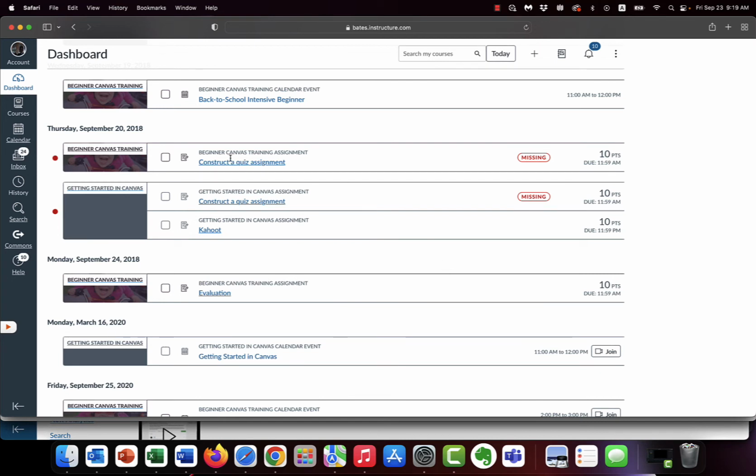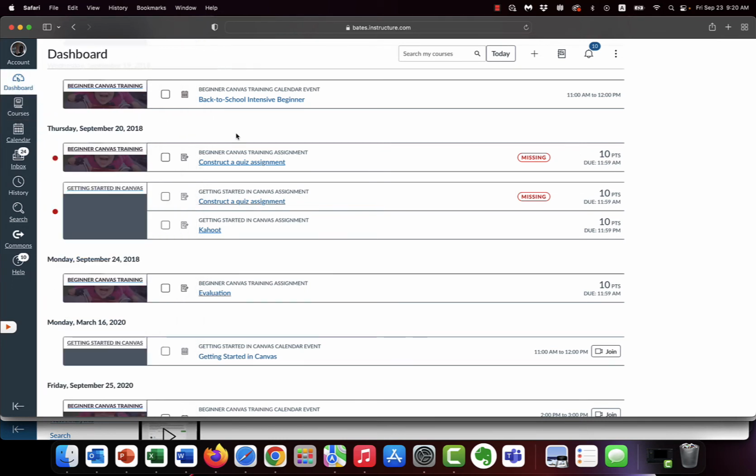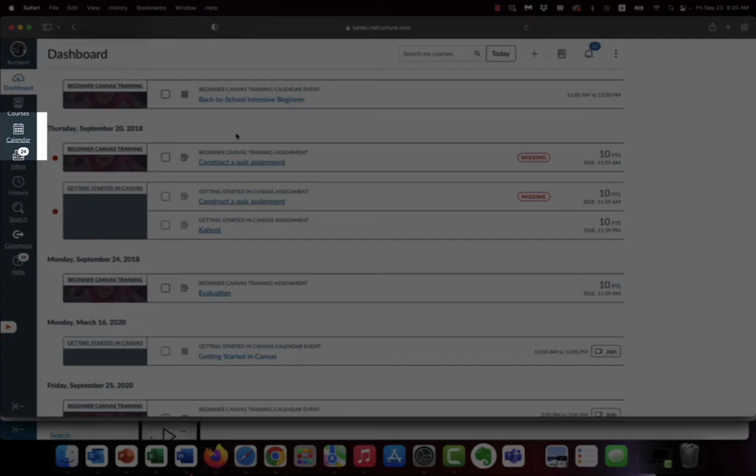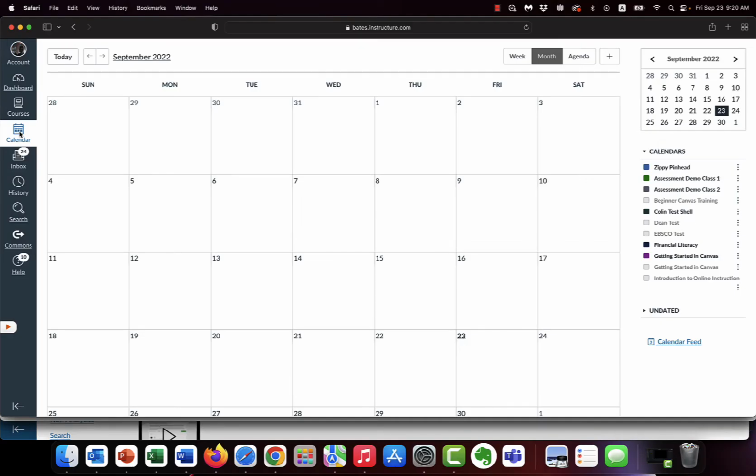Then when you're ready to go into your classes, you can just click on this courses button here and click on the course to get started. Okay, so that's logging in and kind of navigating your initial home screen. You've got some buttons on the left that you can use, and we want to draw your attention to two of them. The first one is calendar. So if we click on the calendar button, you will see anything that has a date attached to it here. So for example, if there's an assignment with a due date, you'll see it here. A quiz you have to take at a certain time, you will see it here.